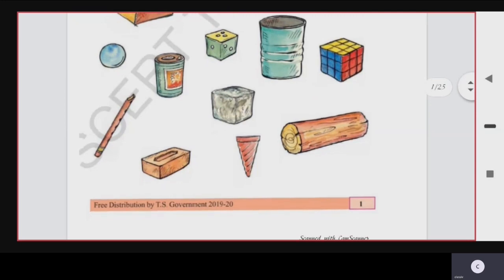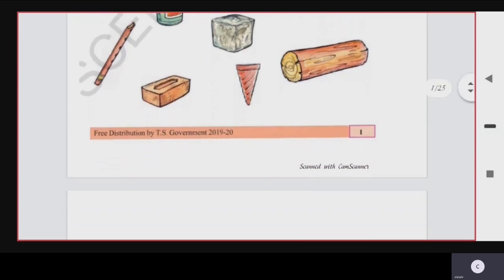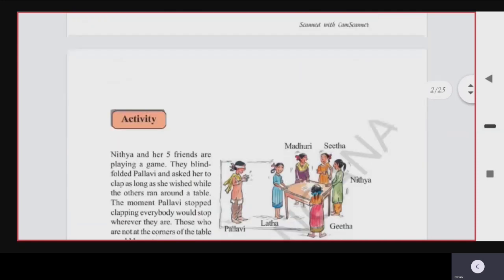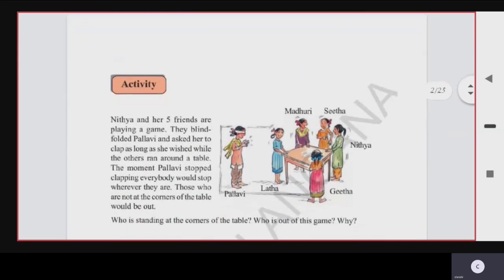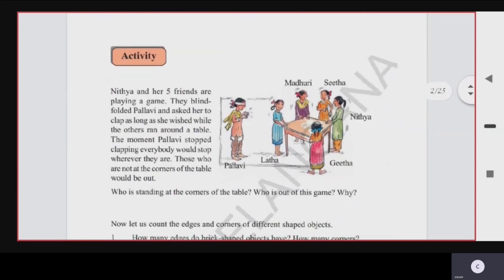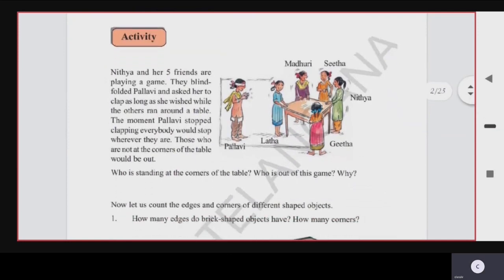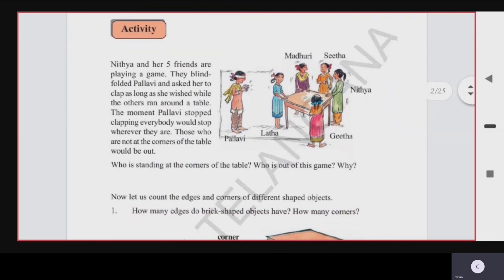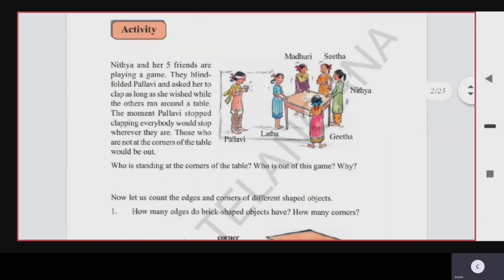Okay. So now let us go through the next part of our lesson. Let us do some activity. Okay, children, in your textbook, I have sent you the PDF file of the textbook in My Class Campus, children. So go through it. Open that one and be ready whenever I am teaching or whenever you are listening to the class. Now let us see the activity here on page number 4.